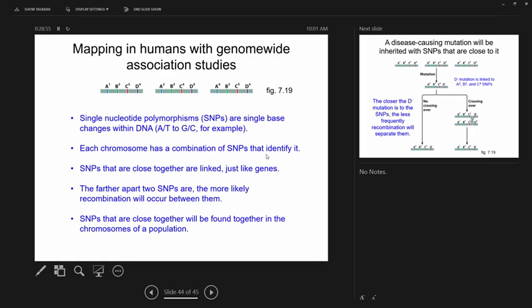So in each of these cases, A, B, C, D is just an area. Each chromosome has a bunch of SNPs on it. So you're looking, okay, well that's 1, 2, and 4, right? So there's only four